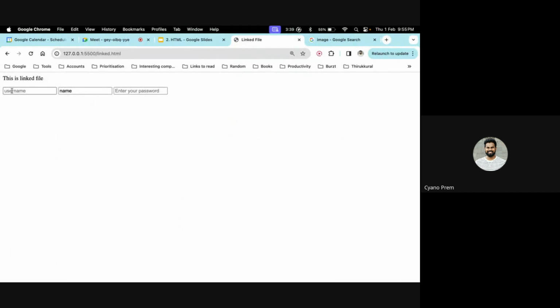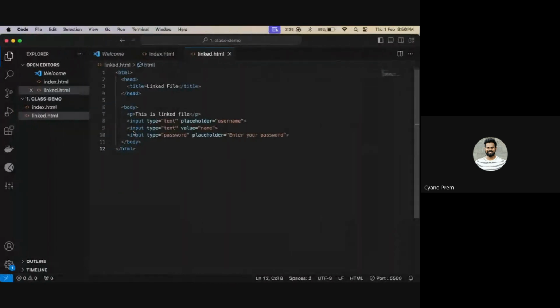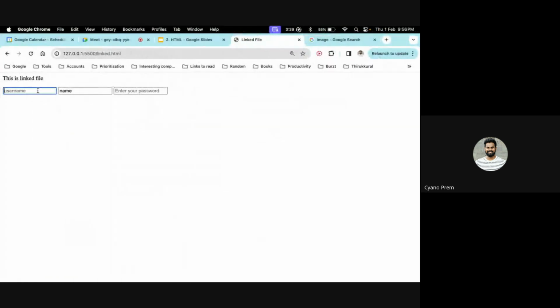Basically it's just a text which is there before we type. You can see my cursor blinking. If I start typing something, the placeholder vanishes. This is what a placeholder is. My input will contain text, and the placeholder is username. I can type anything and the placeholder will go off.